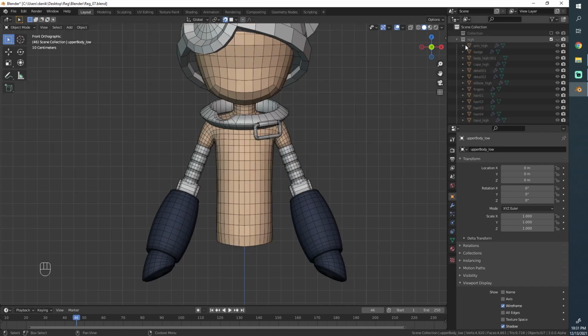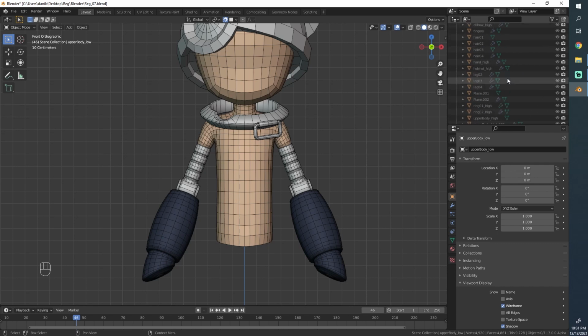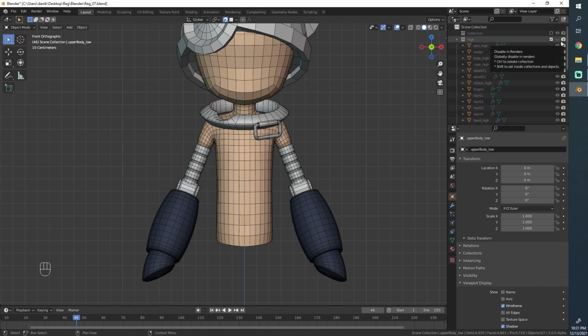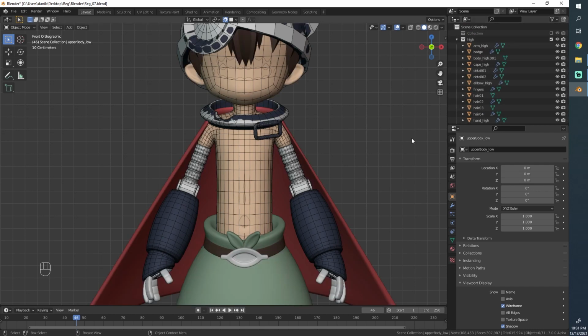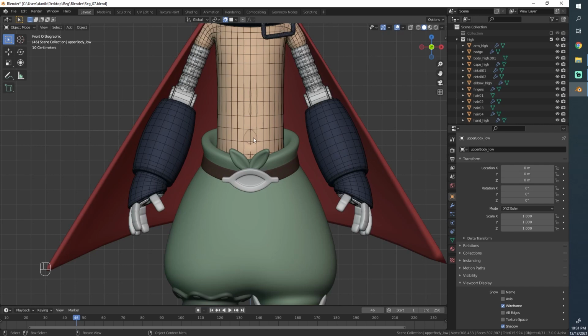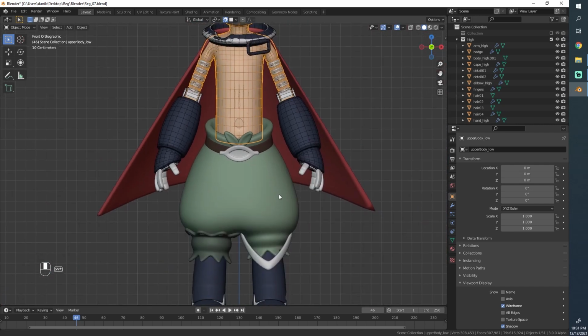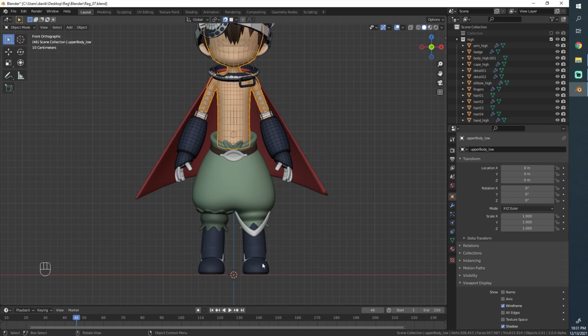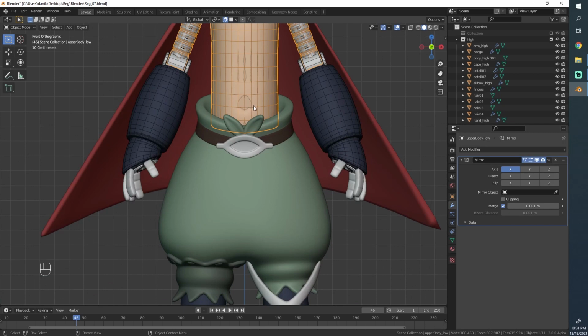So I see we did a very good job naming all of our objects, at least for the most part. And that's very useful because now that I'm coming back to this after a long time, I'm not too confused. So let us continue to work on the lower half of the body. It's always annoying to create a new object to set everything up. Do we have any modifiers on this? Just a mirror. Okay, that's great.